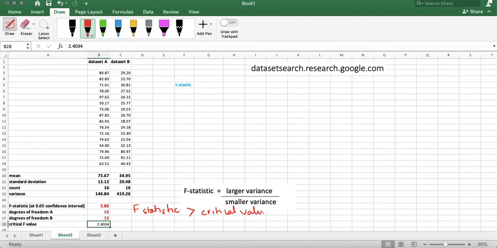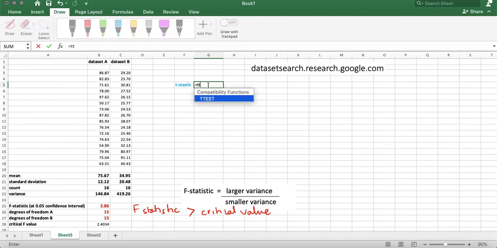And the meaning of that will become obvious as I do the t-test now. Okay, so I know I'm going through this quite slowly, but hopefully it's made sense so far. The final step now that I need to do is calculate my T statistic. All right, I'll go through this slowly and hopefully it will make sense. To calculate my T statistic, in order to do my t-test, I type in Excel in any empty box equals t-test,